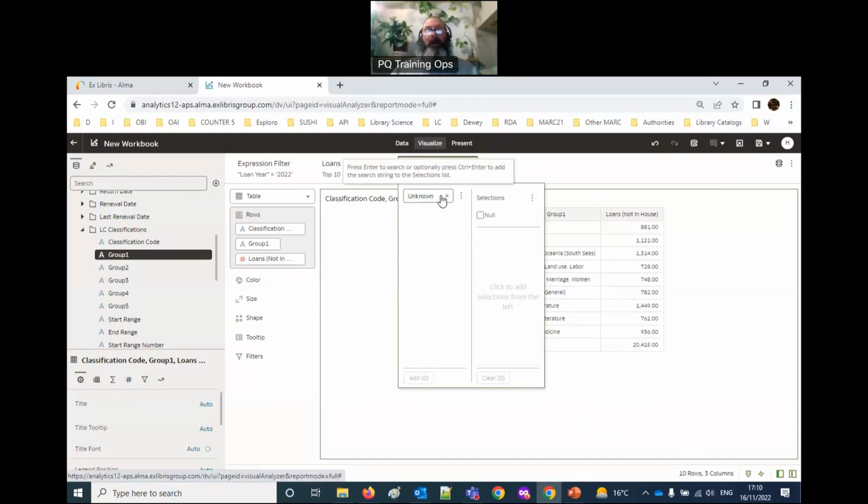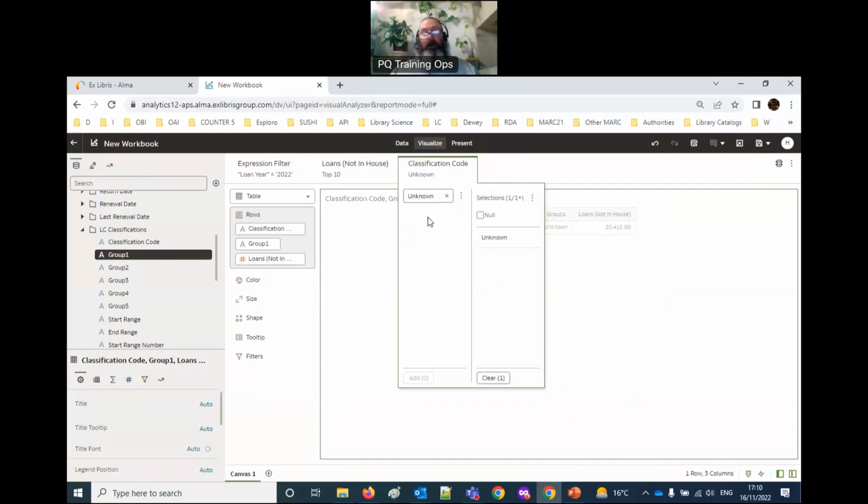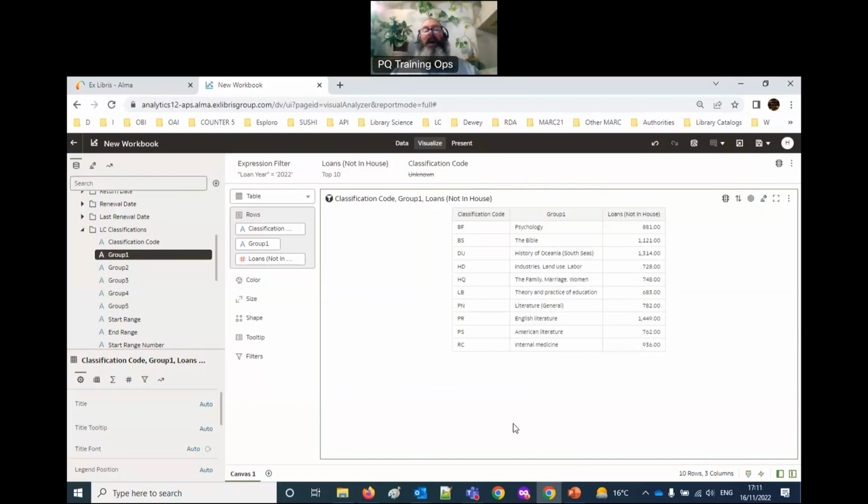Unknown. So there it is. We could grab that unknown and say we don't want unknown or we do want unknown. Exclude selections. So now I have everything except for the unknown. So here we have the top 10, except for unknown. Let's sort this descending so we have the highest on top. I'll click the top of the column, sort it descending,